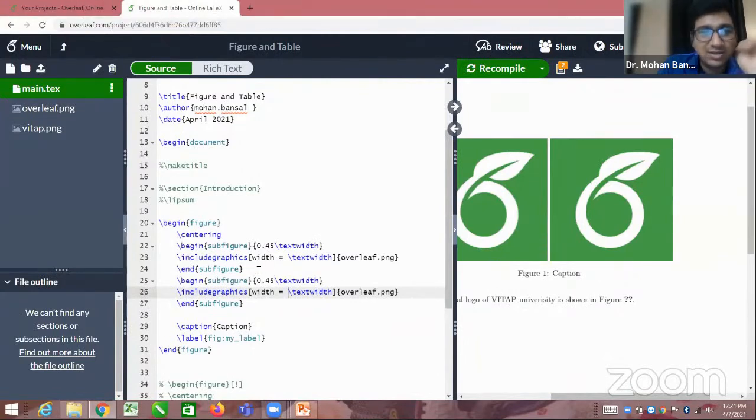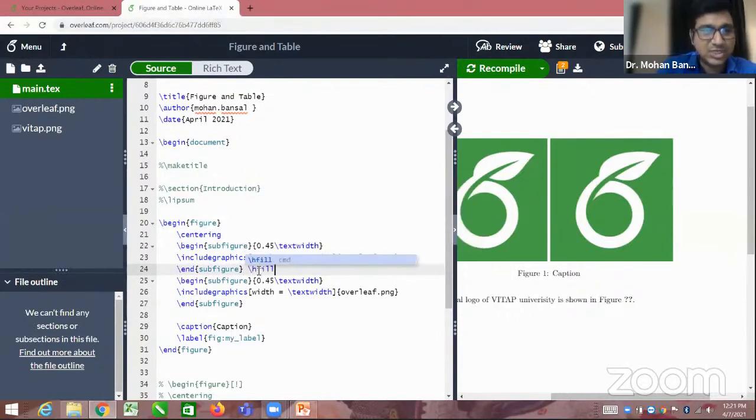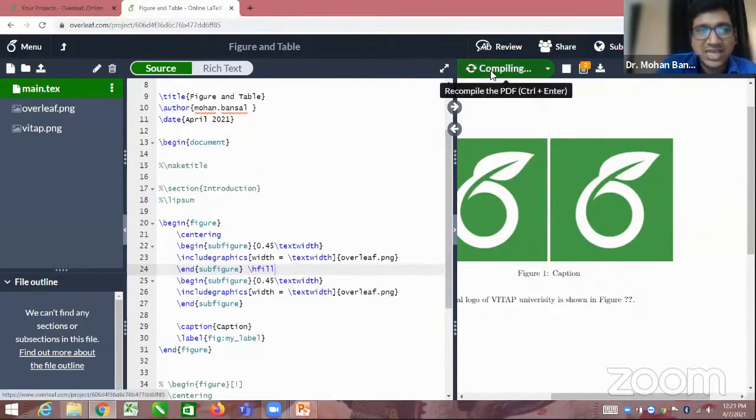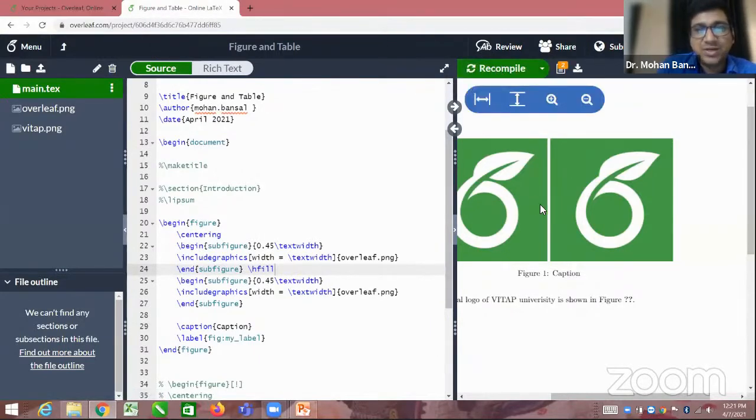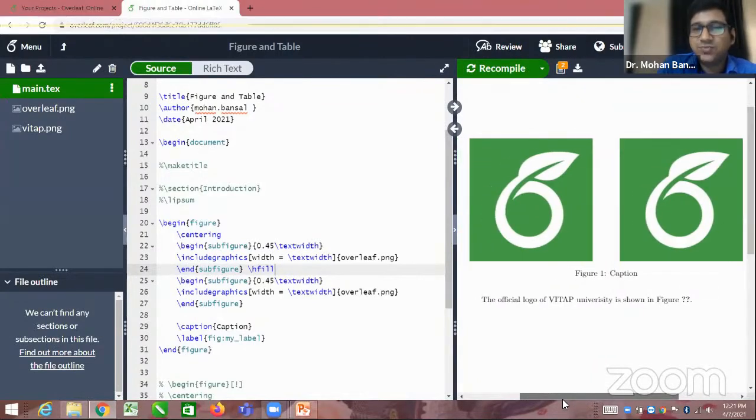How can we do that? We can use two commands. One is hfill, which is also explained by Vikas Krishna sir in the document structure. We can use the hfill command here to insert a gap between two images or two texts. By using hfill, you can see the gap between two images. This is perfect.